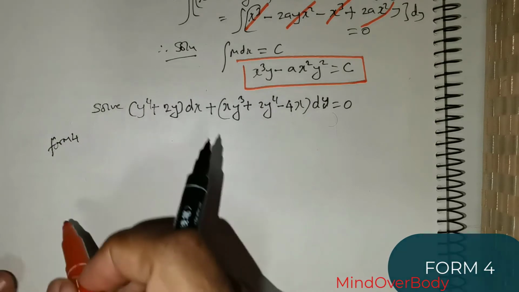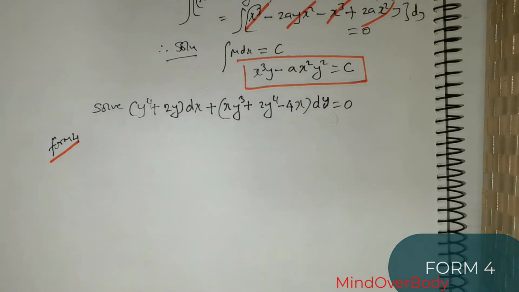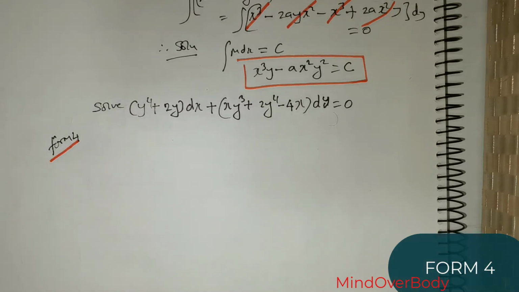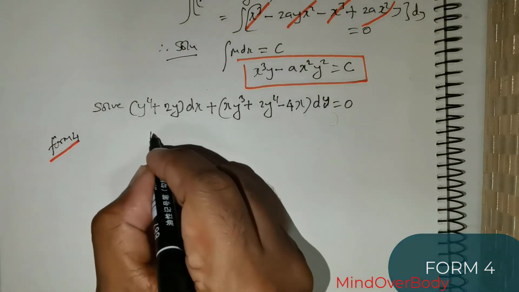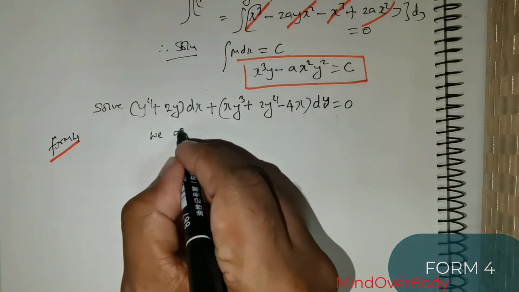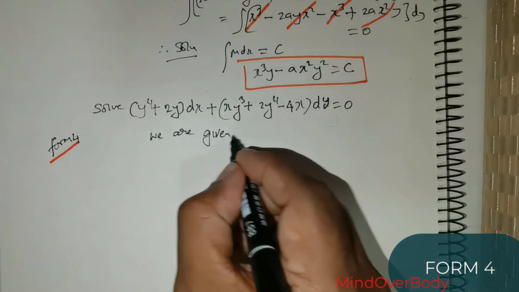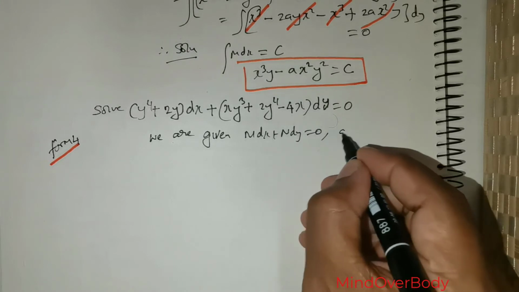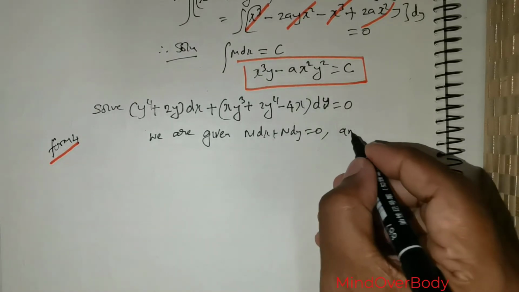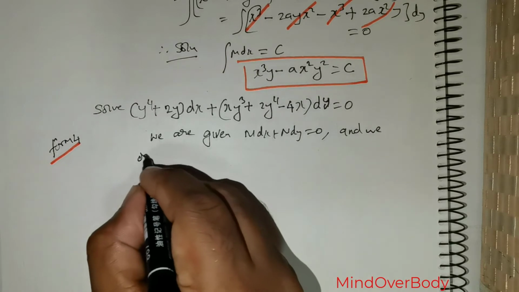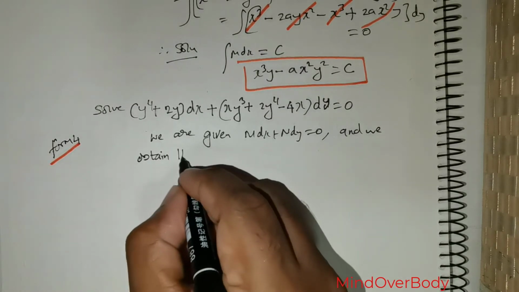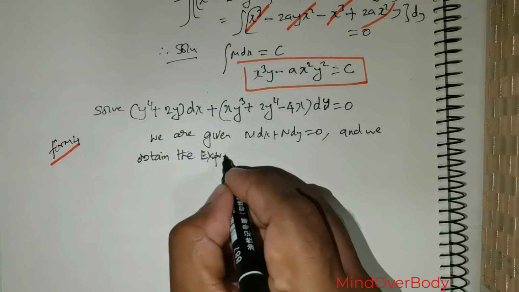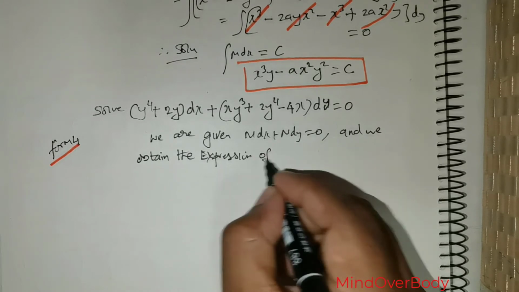Students, we are heading to form 4. Now, this particular form is the exact opposite of the form which we have just studied. So what is the meaning of it? The meaning is, suppose we are given M dx plus N dy is equal to 0, and we can obtain an expression of the form